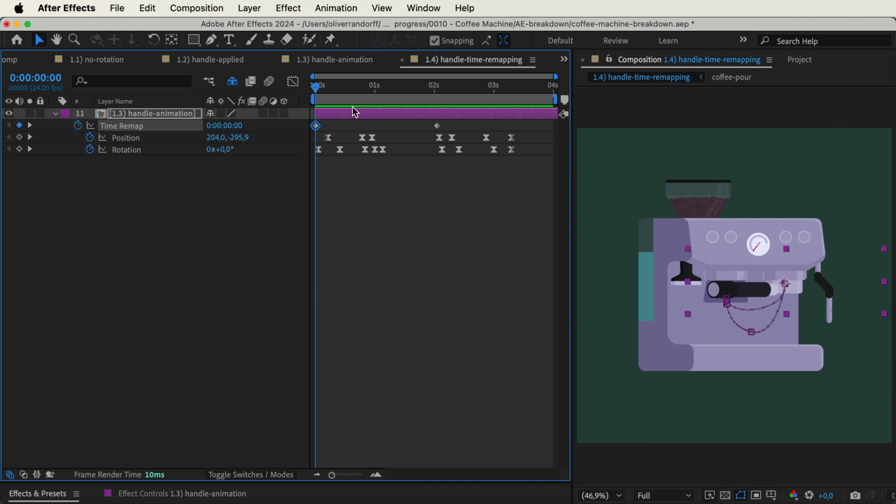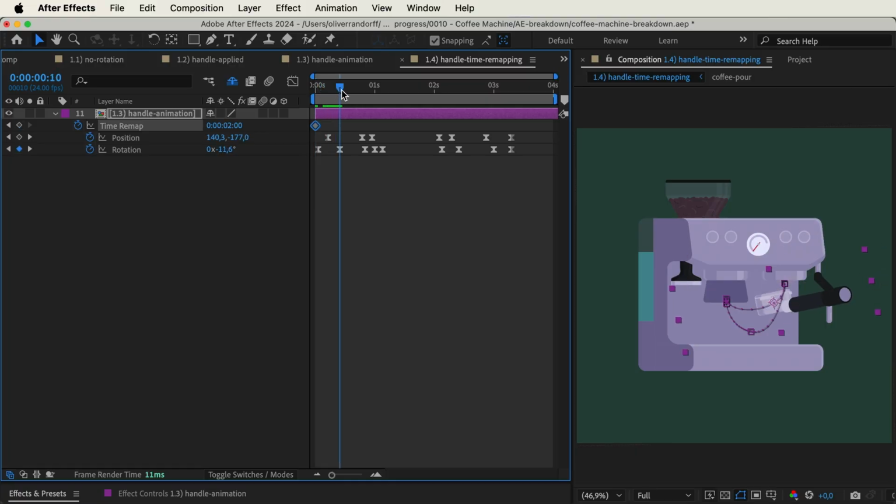What we can do now is use these two keyframes to animate back and forth between that rotation, so we can rotate it however much we actually want to, and also apply some easing. As an example, here at the very start, we want the handle to be rotated in the other direction. So we know that this is at the 2-second mark, so we can just delete this second keyframe, go to 2 seconds, and now we have a keyframe at that particular rotation. And we want it to rotate all the way to the other side, and we know that's at 0 seconds of that composition, so we just add a keyframe to that.